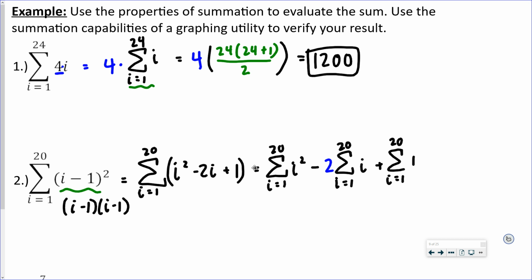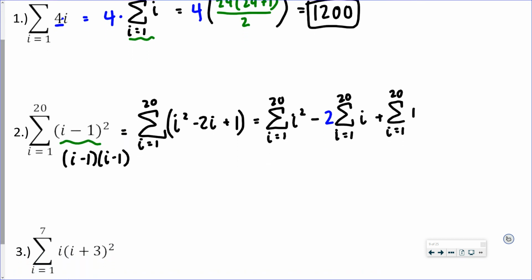I broke up the terms because you can add in any order. And then I can see this more clearly, like, oh, here I can use my shortcut for I squared. Here I can use my shortcut for I. Okay. So my shortcut for I squared, I'm looking at number 3 on that summation formula list. I would do n, which in this case is 20,